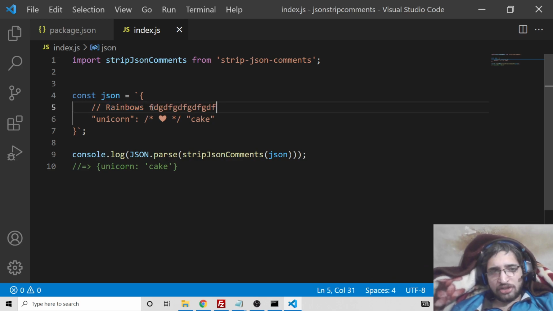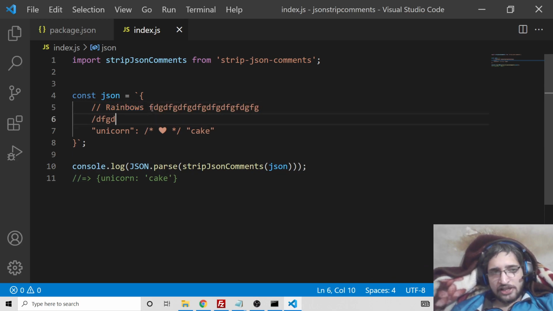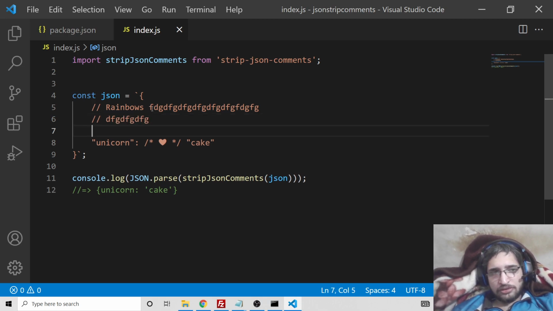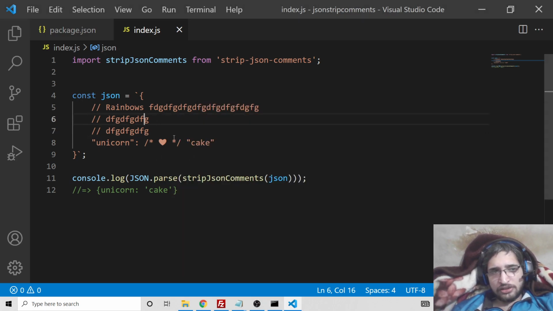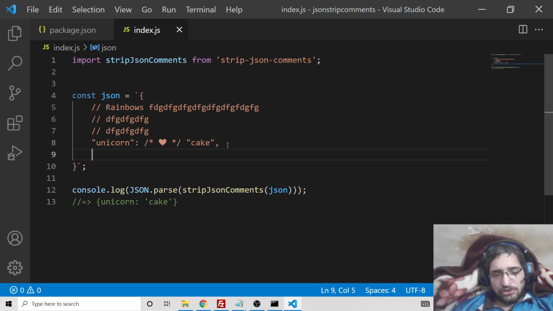We can change this comment to anything, and we can add as many comments as we want. You can see it has removed them. You can add more properties here, like age 15.